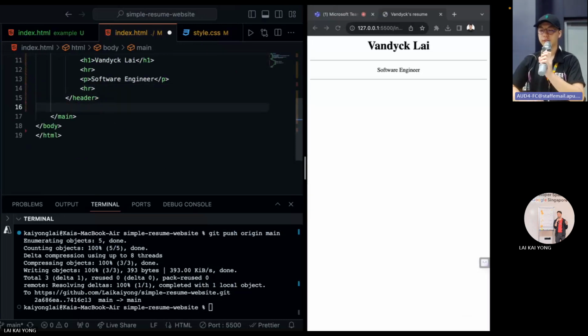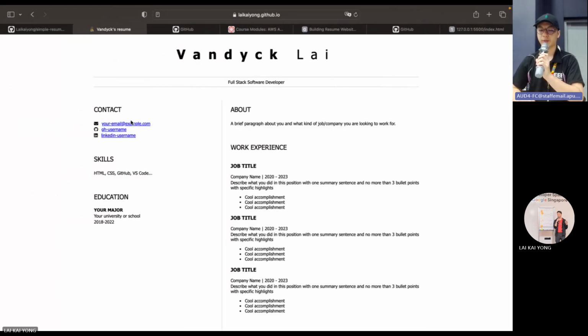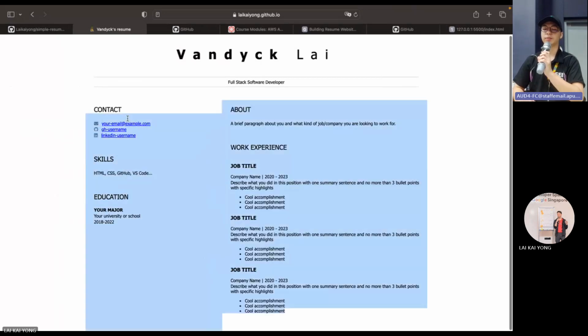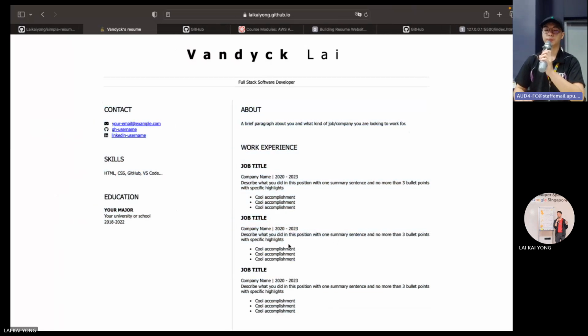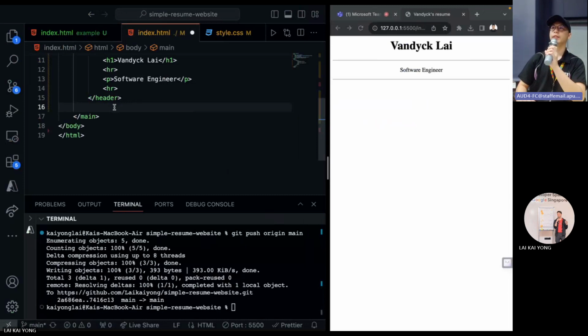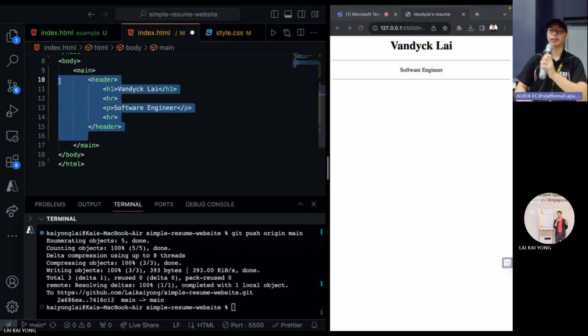After that, what I'm going to do is that we have the content down there, which I think is more like an article. Instead of the article, I have different sections. These are about sections, these are work experience sections. So under your header, after the whole thing of your header, before that, I think it's good